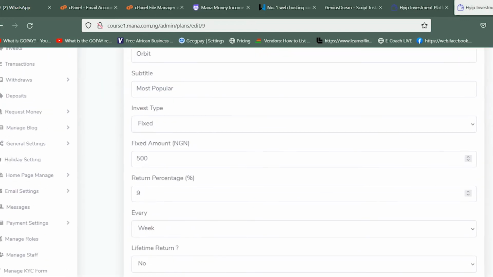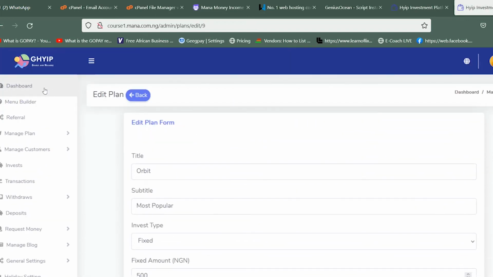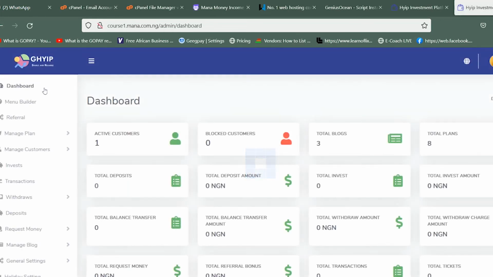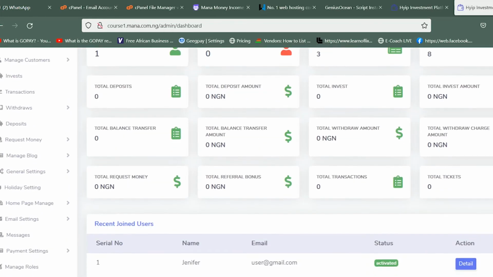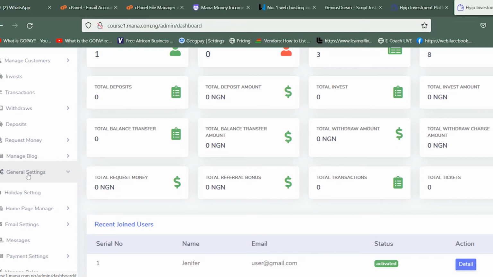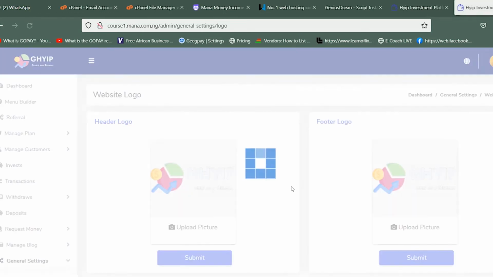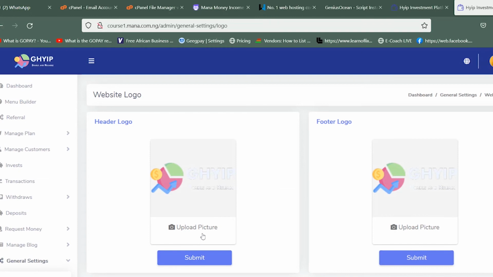But now I'm going to do something. First thing I want to do is to change the logo. So let's go to the general settings. So we have a plan of editing this. So I'll come to the logo here. So I'm going to change this logo now. The upper head logo, I want to use